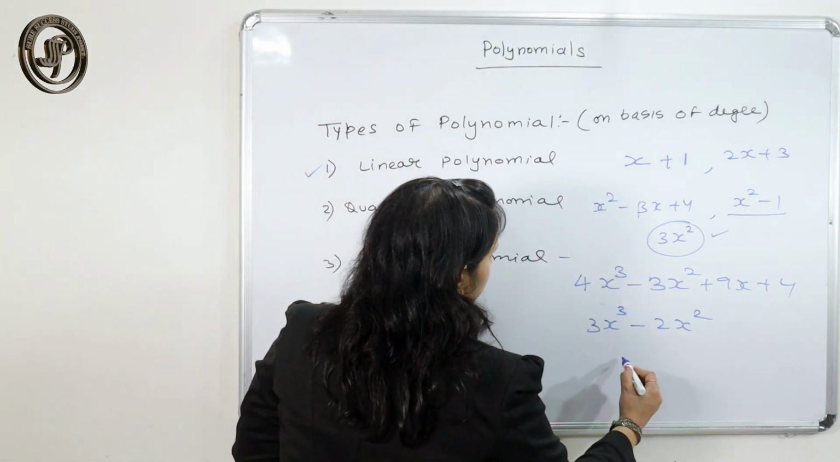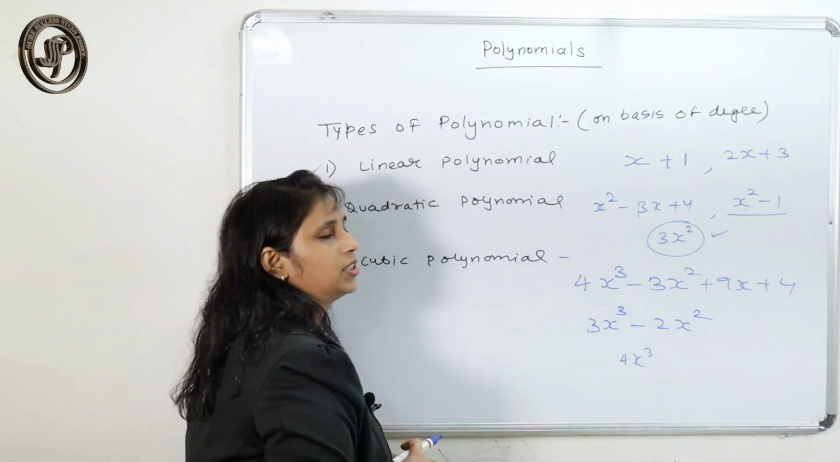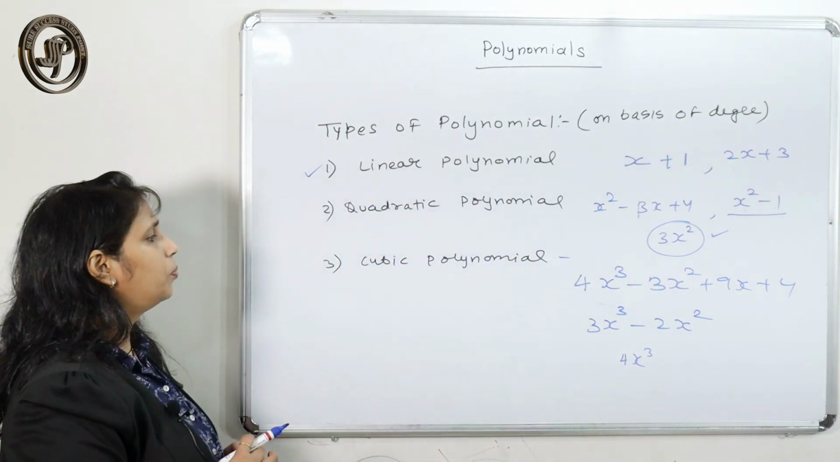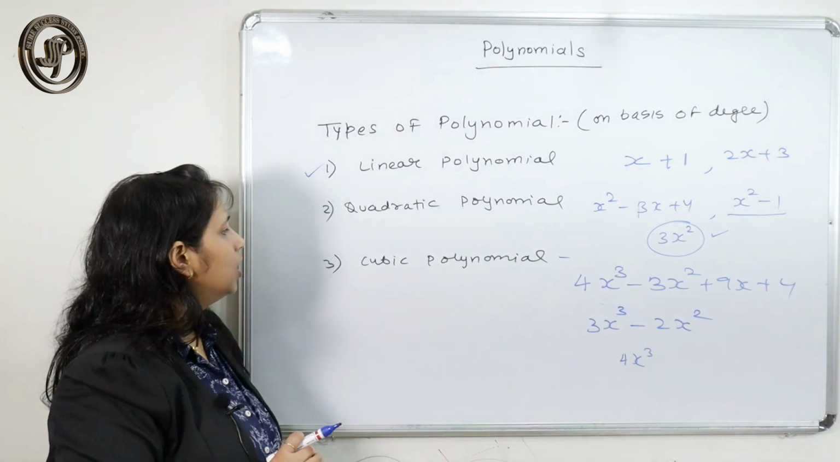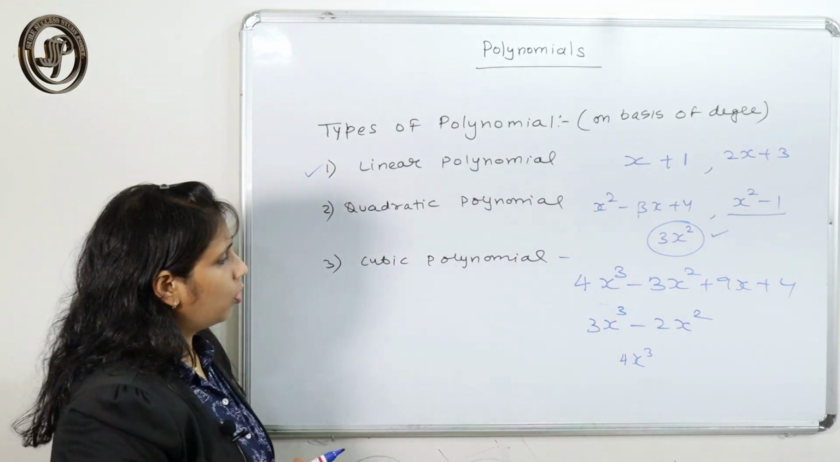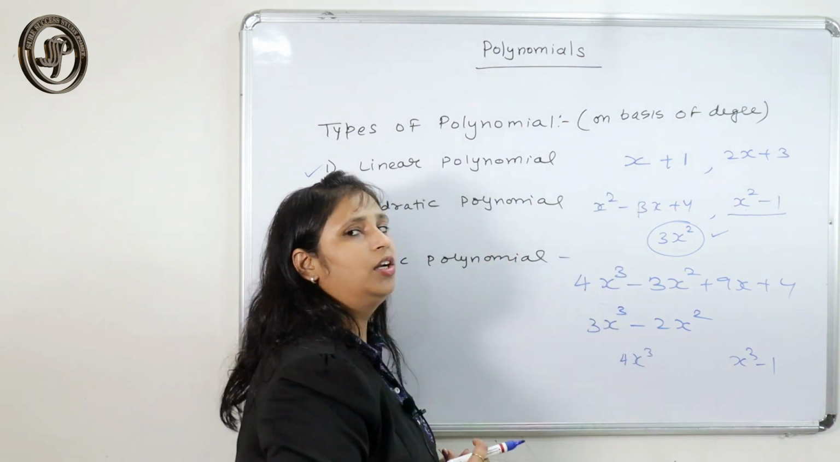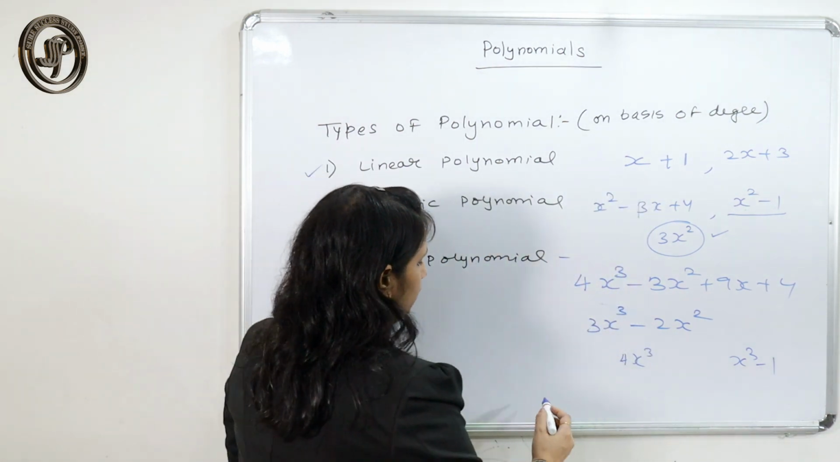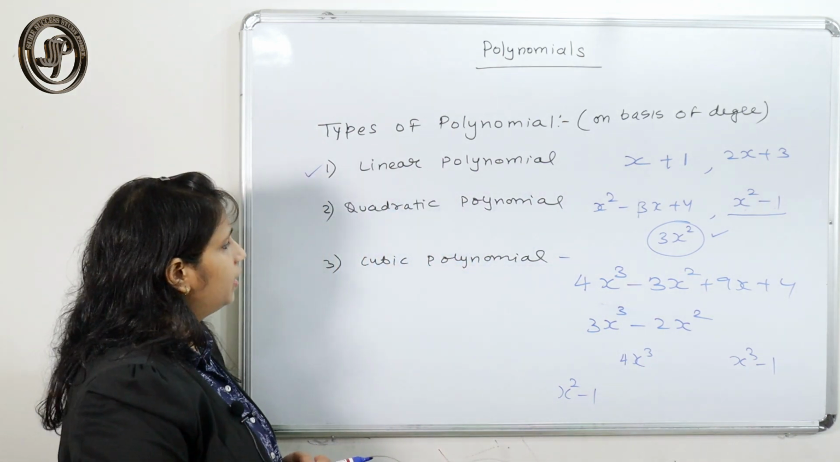If I simply write 4x cube, or 12x cube, it is a cubic polynomial. If the degree of the polynomial is 3, then it is called a cubic polynomial. If I write x cube minus 1, this is a cubic polynomial. If I write x square minus 1, then it is a